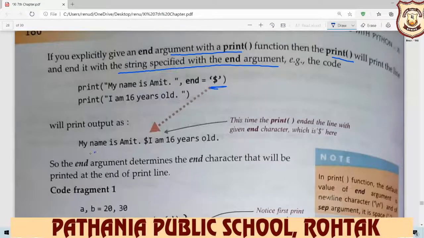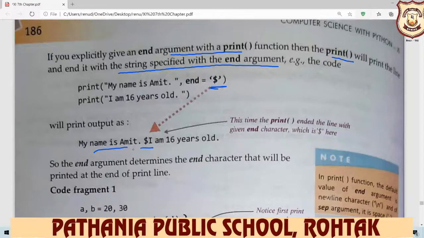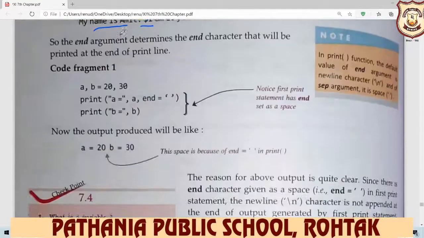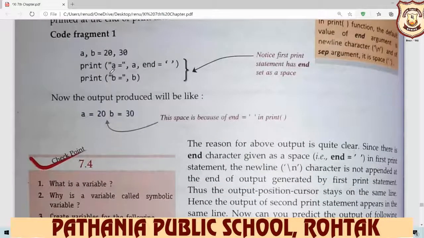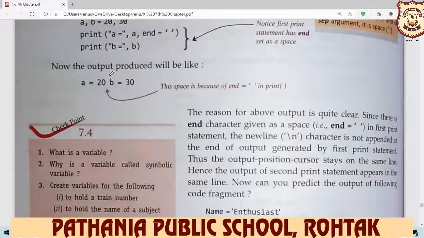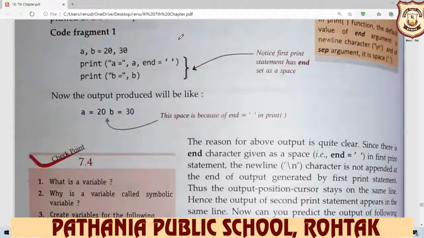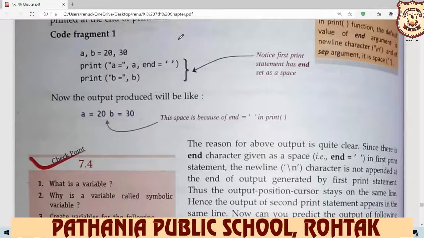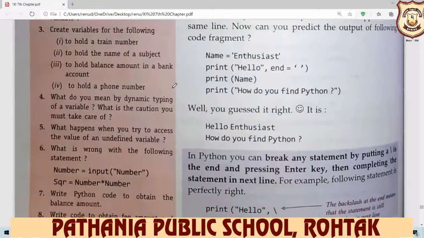So after Amit, your dollar sign will be displayed, and after that, your next line will be displayed. So if you want to give a space, then you just write end is equal to inverted commas, or single quote also.